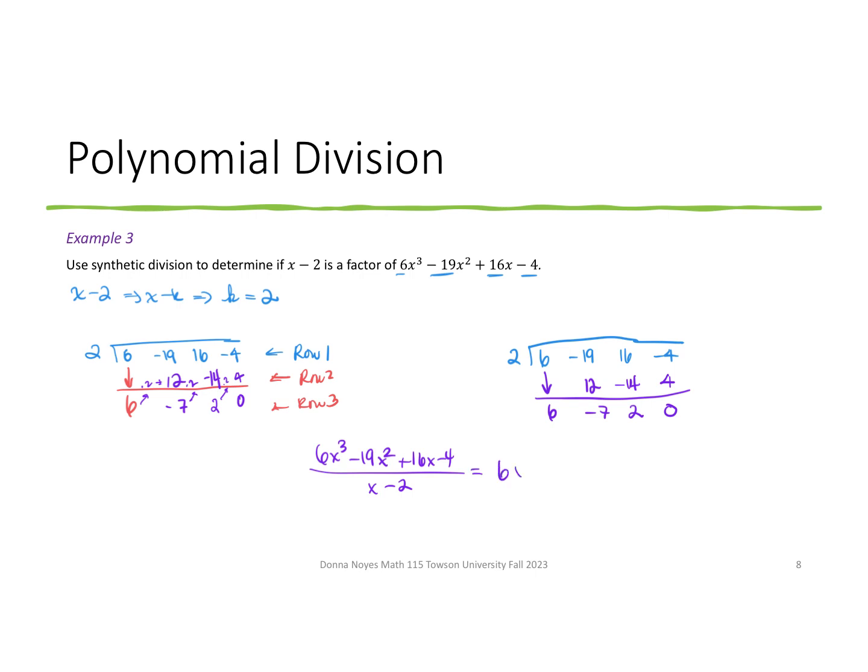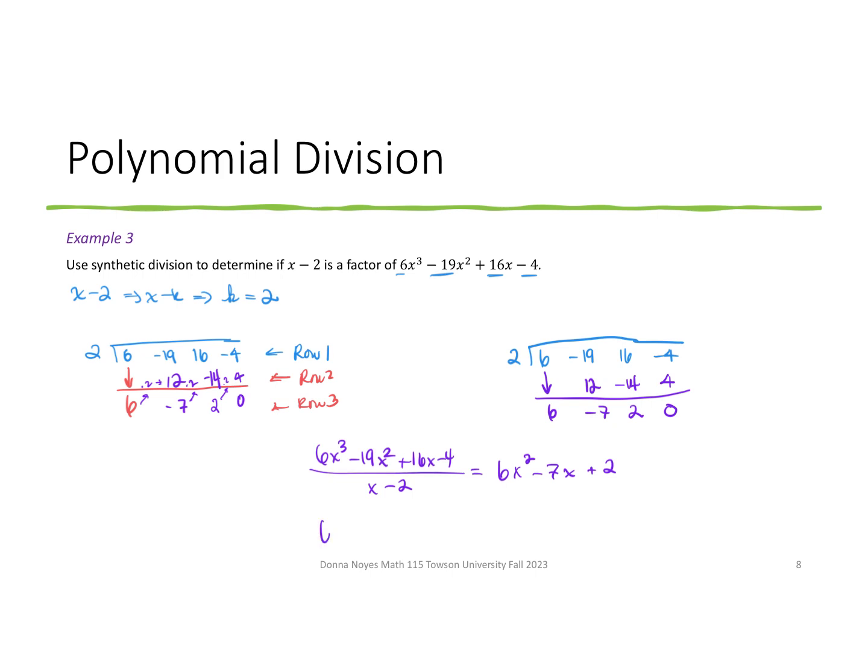It was a cube, now it's a square. Minus 7 was an x squared, now is an x. And then plus 2 was an x, now is a constant. So this is the same. If we multiply both sides by x minus 2, we can put it in that d, or f equals dq